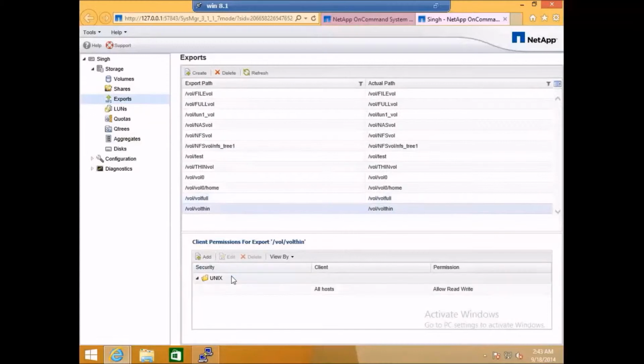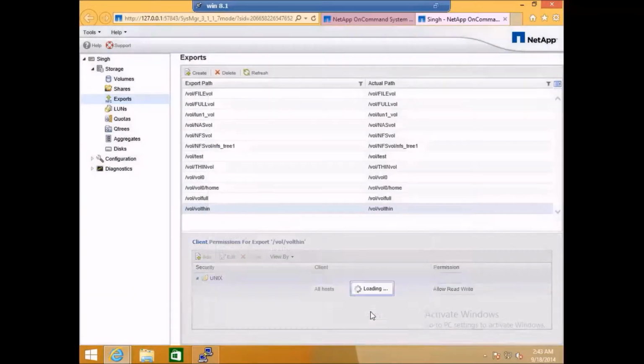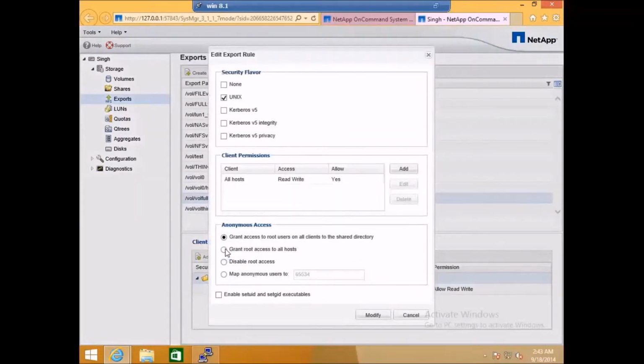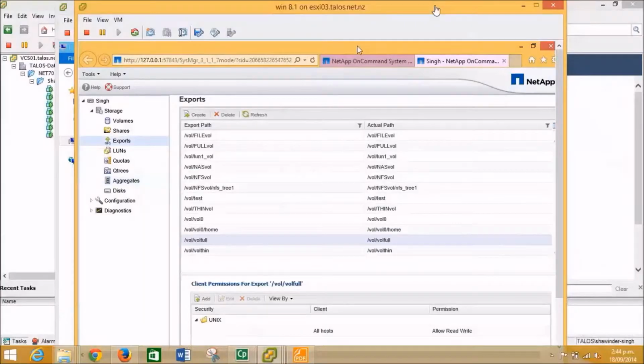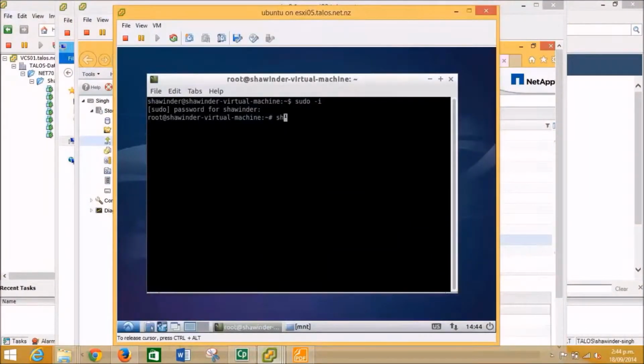Now we edit the permission settings for both the volumes, which we export to our client side. The main concept is that thin provision requires less space. When we fill data in that particular volume, it only then takes up the space. Now we go to the client side and check whether the exports are visible from the client side or not